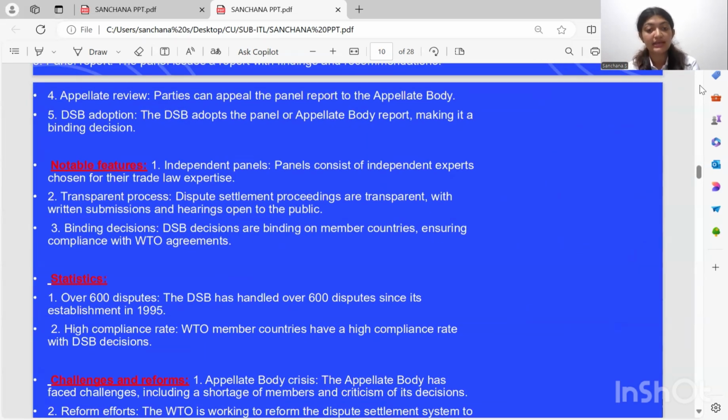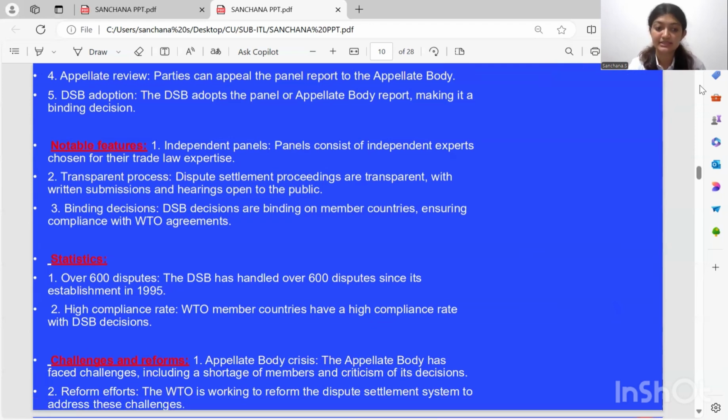Notable features: independent panels, transparent process, binding decisions. These are the key notable features of the WTO dispute settlement body. The panel consists of independent experts chosen for their trade law expertise. Hence, no such troubles or disputes occur. Dispute settlement proceedings are transparent with written submissions and hearings, and it is binding on the member countries, ensuring compliance